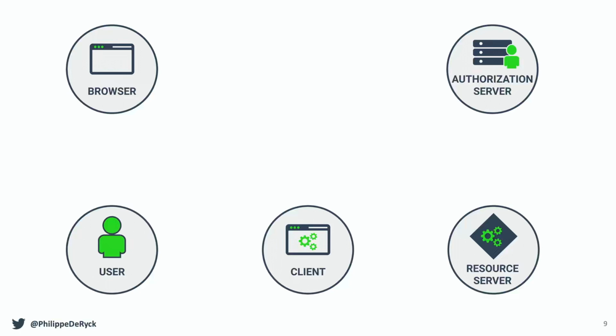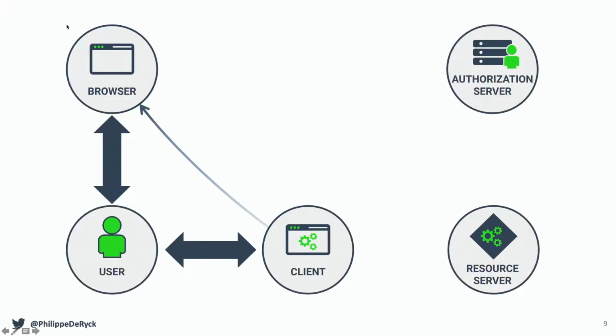So what you want to do with OAuth is the user wants to access a resource here through a client application. The client is going to do some complicated redirect flow with the browser of the user. This might be an application in the browser, this is just a vanilla page in the browser. So there's going to be some redirect flow, and eventually the user is going to authenticate to the authorization server one way or another and approve the application to access this resource on behalf of the user.